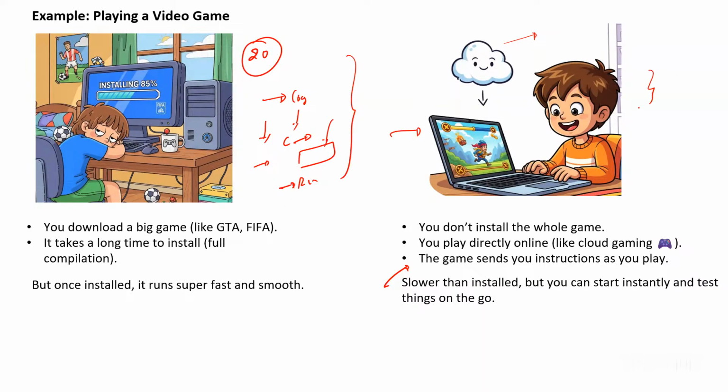Whereas here, if there are any issues, they will show the particular issue: this particular patch is not there, you are having issues with this. Okay, let me go and fix that. On the go, on the cloud, they give certain instructions and indicate where the failure is happening. But if a failure happens during installation, or while running the game, is it easy to debug? Which is easier to debug? Cloud platform.